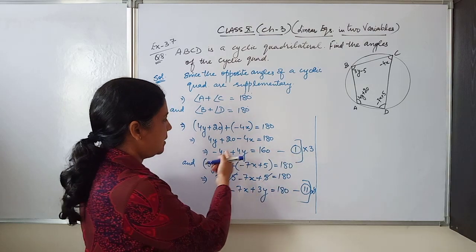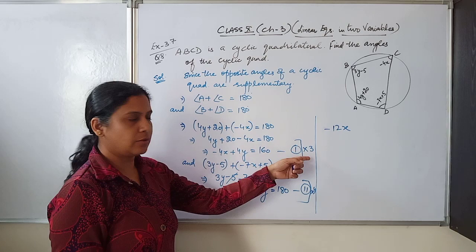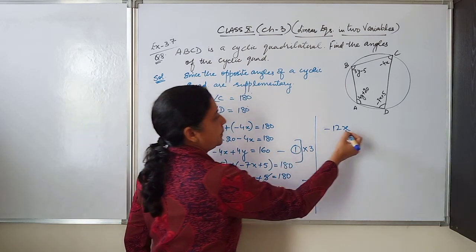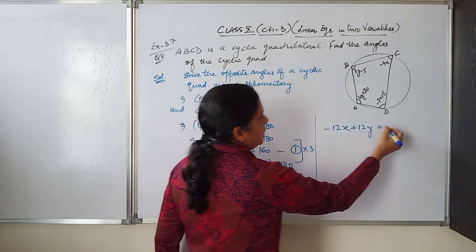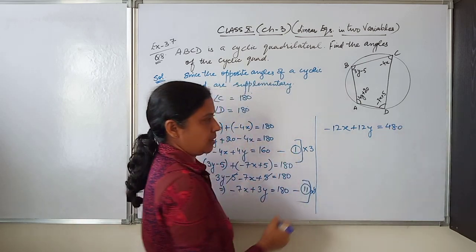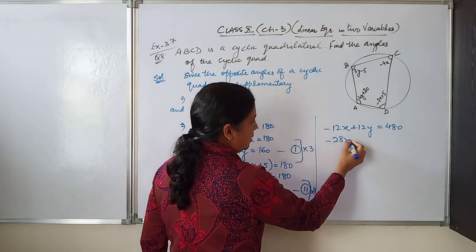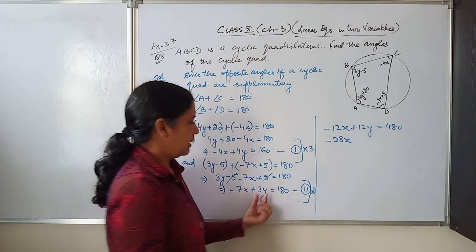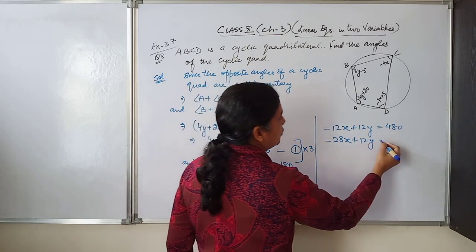Let's start multiplying. Minus 12x. The whole equation is to be multiplied by 3. Remember it, okay? Plus 12y is equal to 16 into 3, 48, 0 as such. Let's multiply this with 4. Minus 28x plus 4 3s are 12y is equal to